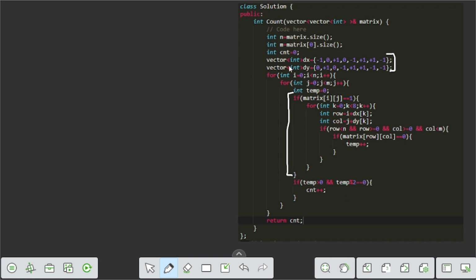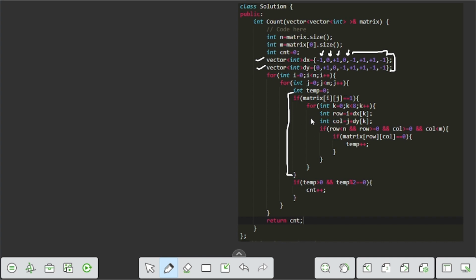So in this code we initialize dx and dy vectors, which are the same as going up, down, left, right and the 4 diagonals, where here we already assign the number of directions in a vector.